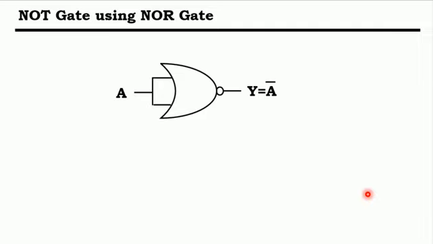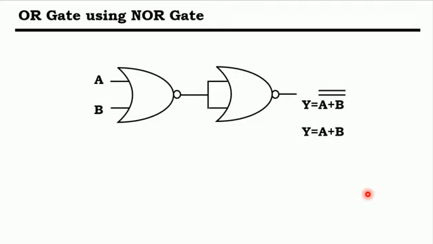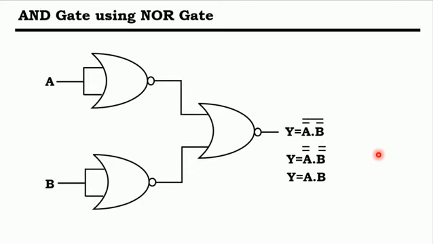After that we are forming an OR gate using NOR gate. This is the basic circuit diagram, and in this way, the same figure as for the NAND gate will be there for the AND gate, once we are using this NOR gate for forming the OR gate. So this is the basic Boolean equation. After that we are forming the AND gate by using the NOR gate.